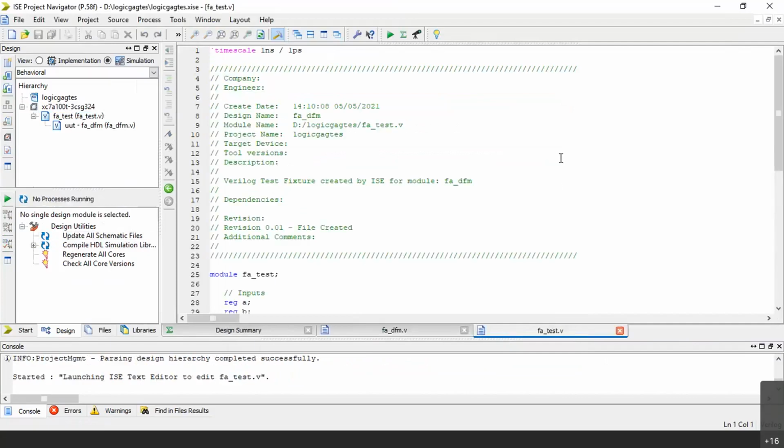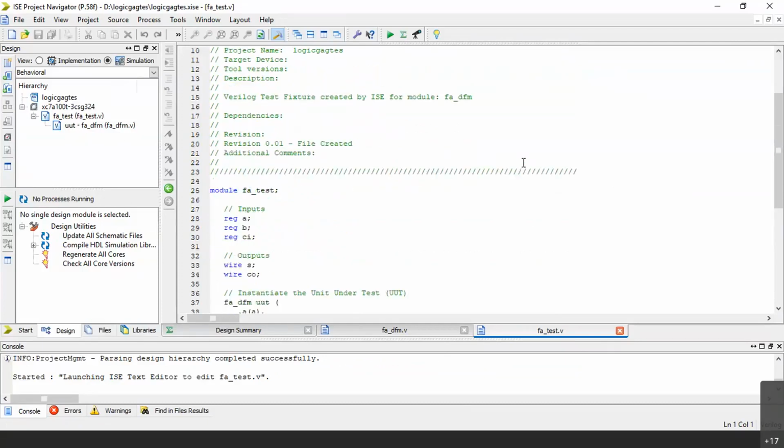Now you can see it has automatically created one test bench file fa underscore test.v. You can see automatically the hierarchy got changed. fa underscore test.v has gone up and UUT, that is unit under test, and our full adder program has come down. You can see this.